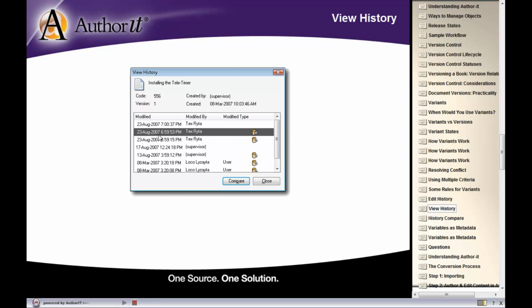Alright, so there's multiple ways to get to the history of an object. I'll show you a couple ways to get there. But when you do view the history of an object, you're first going to see a window that looks like this. Alright, it's going to give you some information about the object at the top of the screen, and then